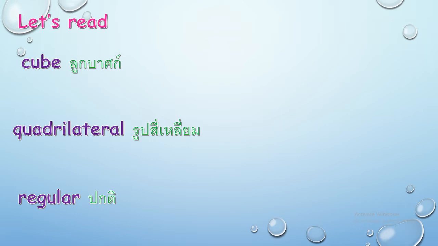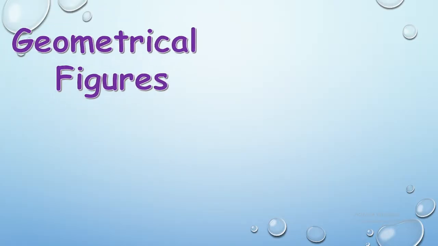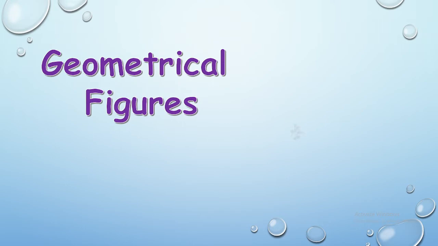A square is a quadrilateral, but there are many kinds of quadrilaterals, right? It depends on the sizes and shape. Like rectangle. What else? Kite. Many kinds. Next is regular. ปกติ Symmetry. สมมาตร Prism. And then diagonal. เทียงมุม